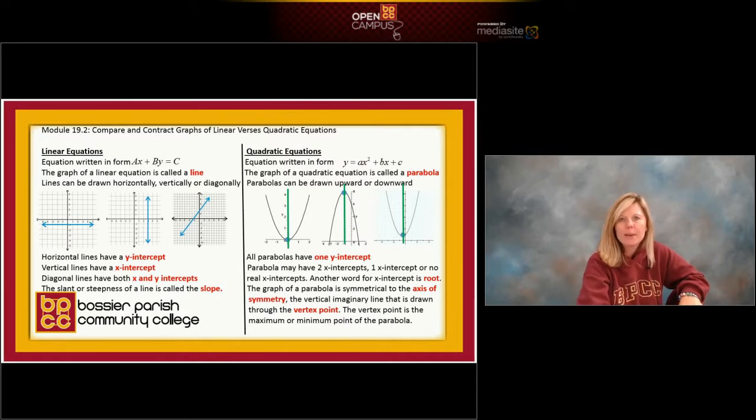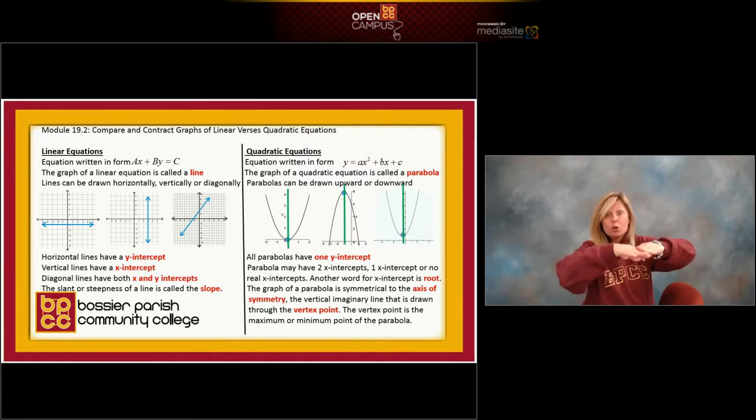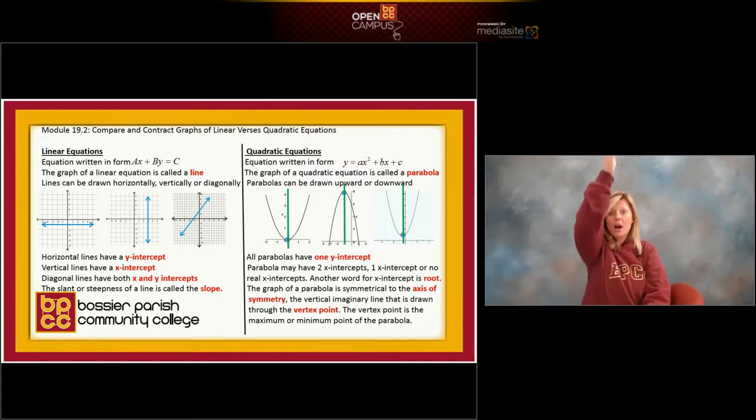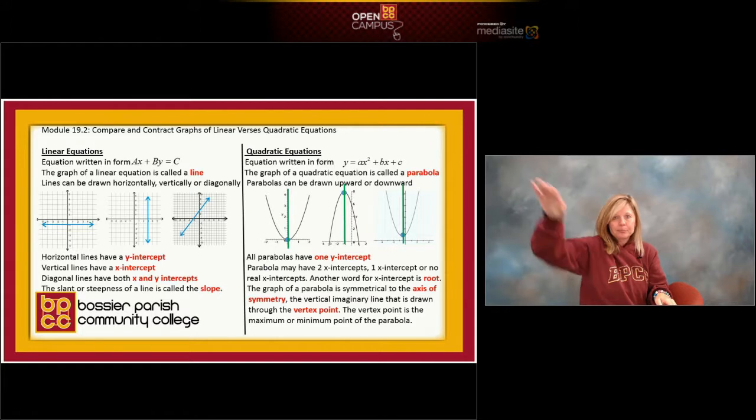When we went to draw a picture of that, it became a line. And that's where the word linear comes from. It's Latin for the word line. Back in Algebra 1, when you graphed a line, there were three ways to draw a line. You could draw it straight across horizontally, up and down vertically, or slanted diagonally.